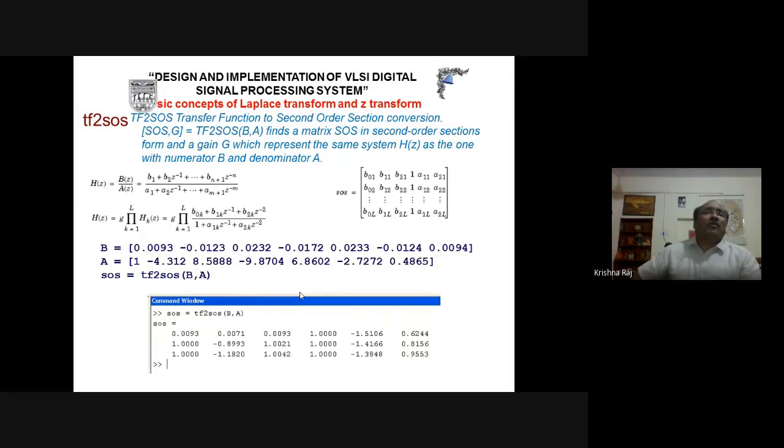Now, as we have discussed, if we are interested in designing any system, then the system's order must not be greater than 2, or it must have sections of first order section and second order sections. A first order section will be there only when the system has an odd order. That is, the first section will be the first order section, and the remaining sections will be second order sections here.